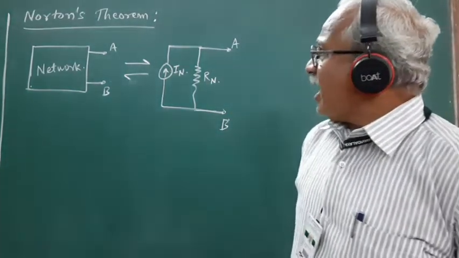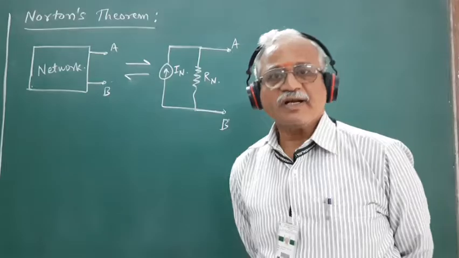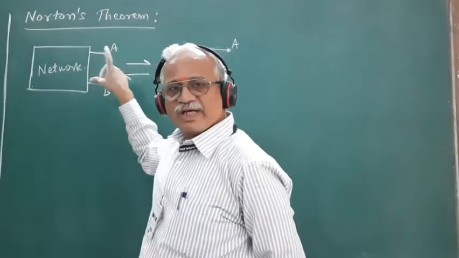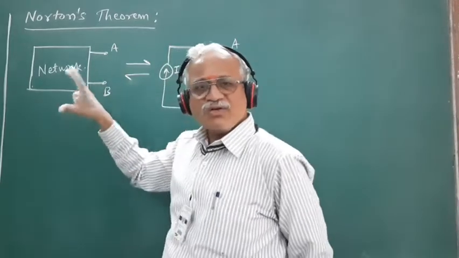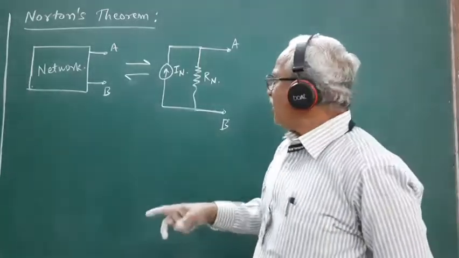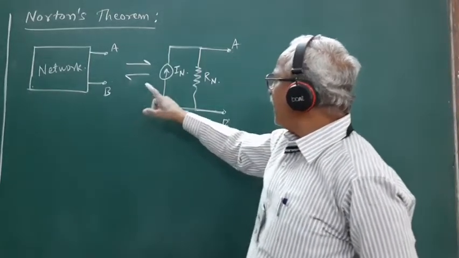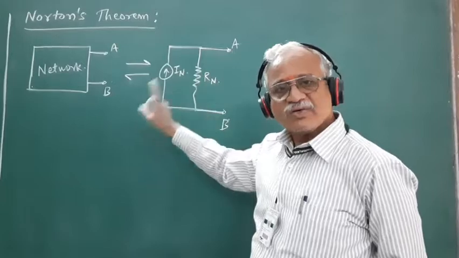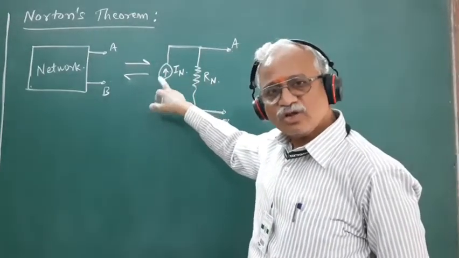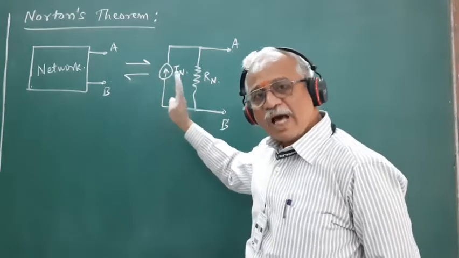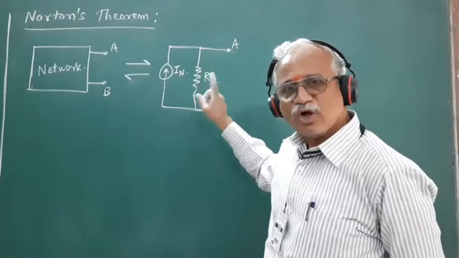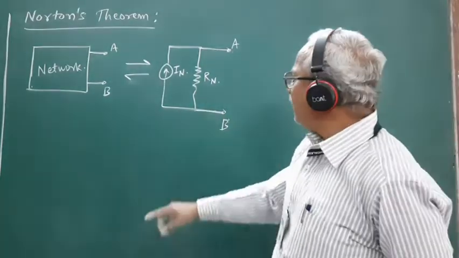So, in accordance with Norton's theorem, any complicated two-terminal network consisting of sources of EMFs, resistors and so on can be replaced by an equivalent circuit consisting of a constant current source called the Norton current source in parallel with an equivalent resistance called the Norton resistance. The value of this